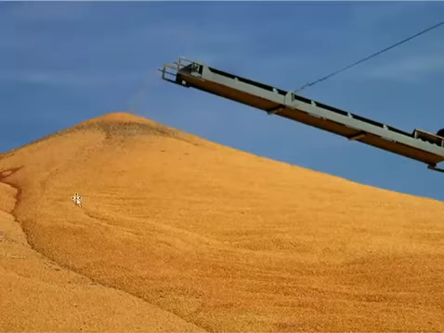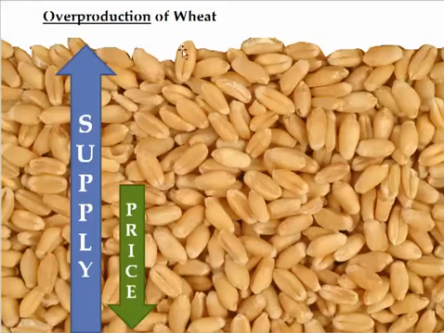And here's an overproduced size of wheat pile here. And with the overproduction of wheat, we see as supply goes up, price goes down. It's the law of supply and demand. And too much wheat was produced. Too many other products were being produced as well. And the demand was not there for those products, so they're really being wasted, and people